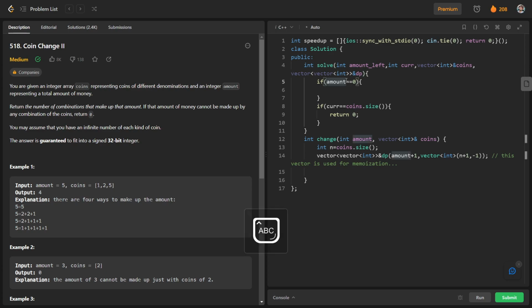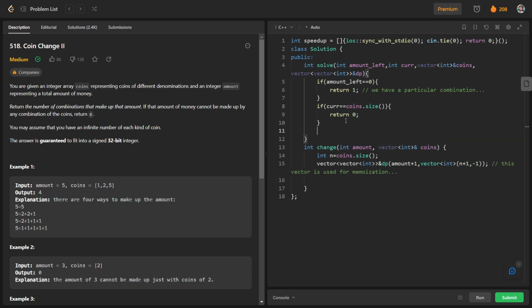So if amount left is 0, what does it mean? We are done with our total amount, so we have a particular combination, that's why we will return 1. In this case we didn't find any combination, so that's why we have written 0. And to avoid repetitive cases, we will use memoization here.